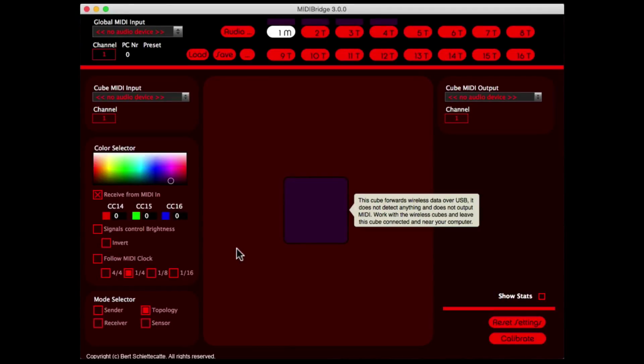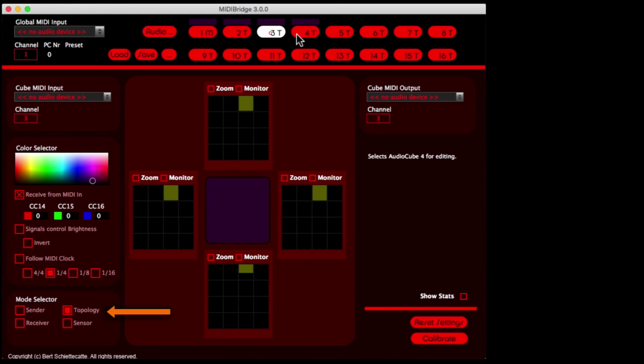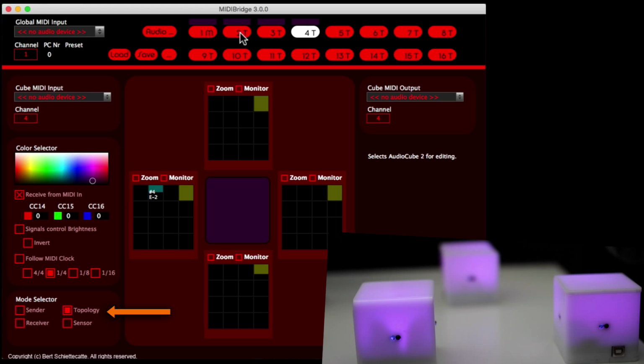In this video, I'm going to show you how to use the topology mode. I already have MIDI Bridge open and I have 4 cubes connected. As you can see, the first is the master and the remaining 3 are slaves. They are also set to topology mode by default, so I don't have to change anything, except I'm going to